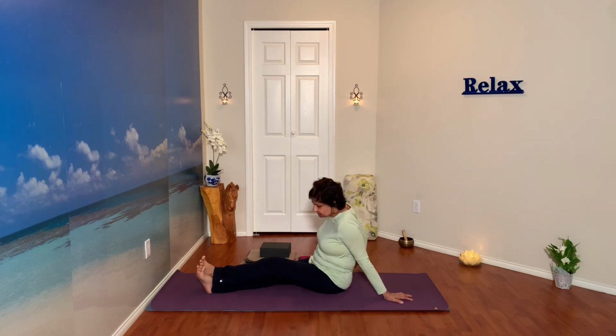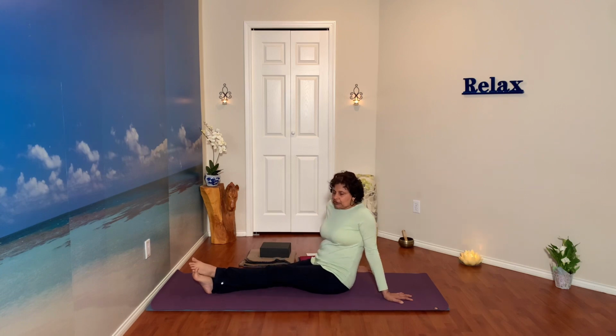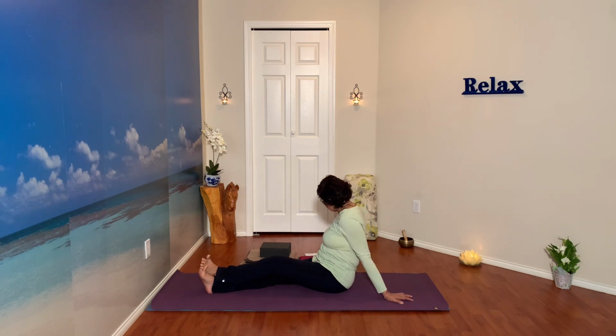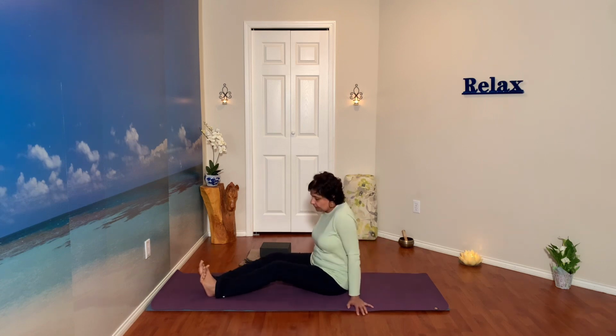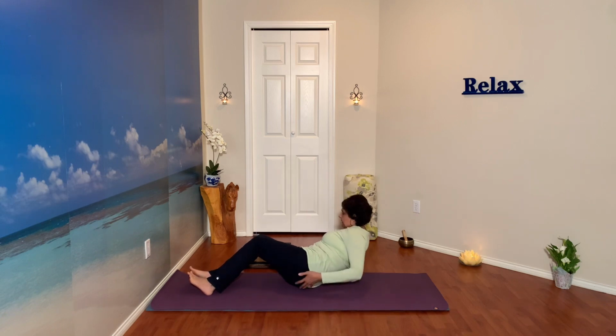State it in the present tense, I am. Going with the flow, for example, or I am softening all the tension and stiffness in my body, for example. Repeat it a few times. And then let go of your expectations, as always, of your practice and of your intention. You'll open your eyes